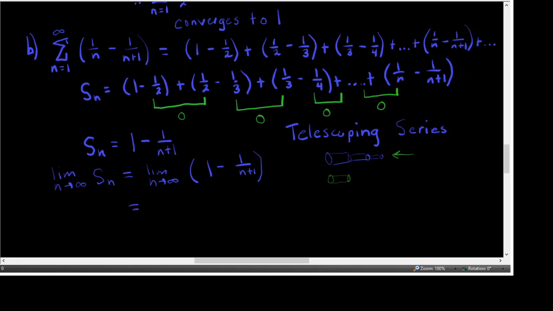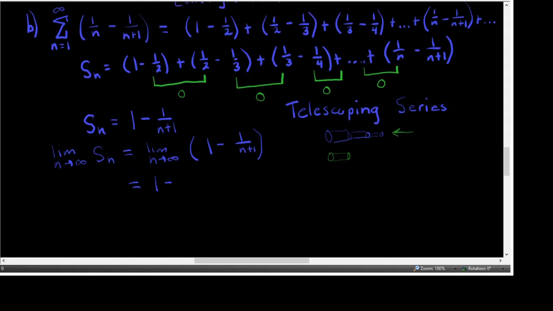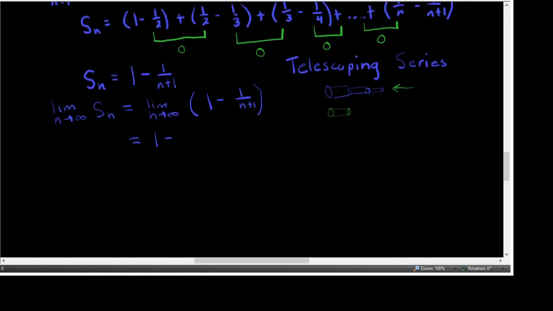And of course the limit of the constant 1 is 1. The limit of any constant divided by a power of n is going to go to 0. And so that means that the sum of this series is 1. So the sum of the series is 1, which means, of course, that this series